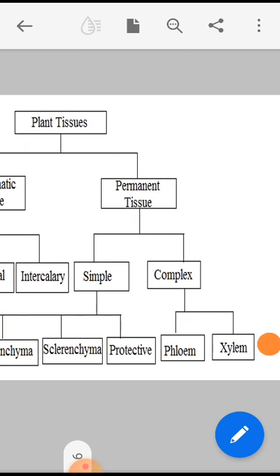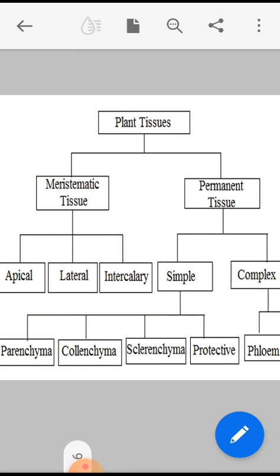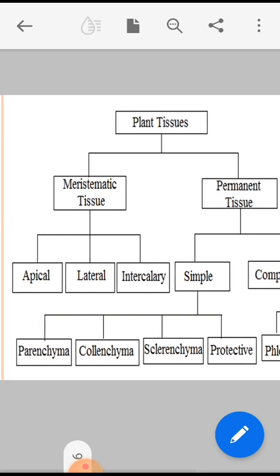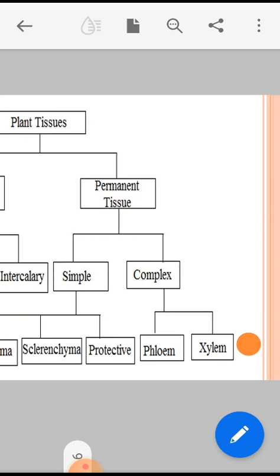The permanent tissues are further subclassified into simple permanent tissues and complex permanent tissues. The simple permanent tissues are further subclassified into parenchyma, collenchyma, sclerenchyma, and protective tissues. The complex tissues are further subdivided into phloem and xylem. We'll be talking about the permanent tissues in the next session. In this session, we'll move further with the